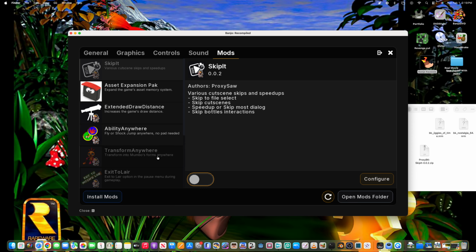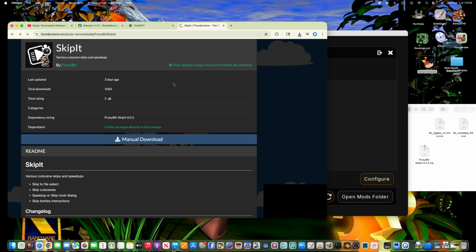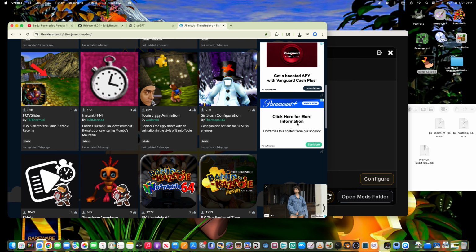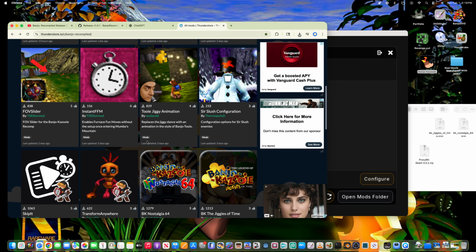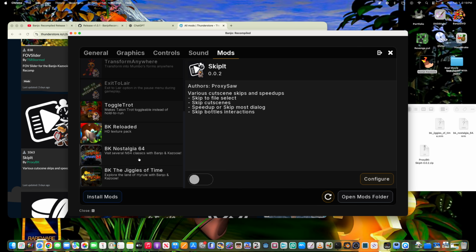Yep, skip it. I'm going to turn that off because I don't want it. You can leave most of them on, though some mods will absolutely require a certain mod, which is the expansion pack mod, which is asset expansion pack. Some of these mods will require that to properly run, and of course you'll need Rosetta to run these bigger mods. And what's nice is that you don't actually have to turn these off. You can keep these on, but they won't actually interfere,